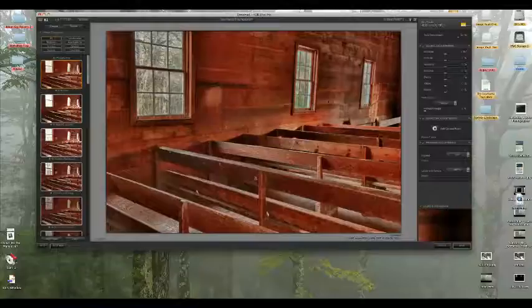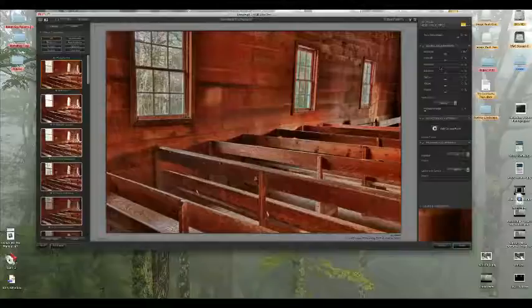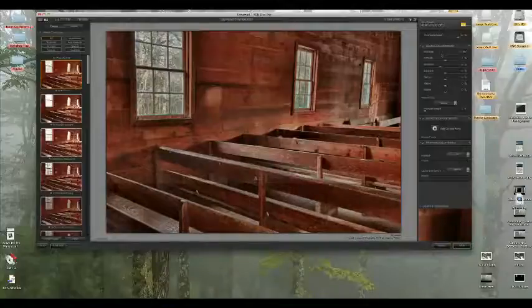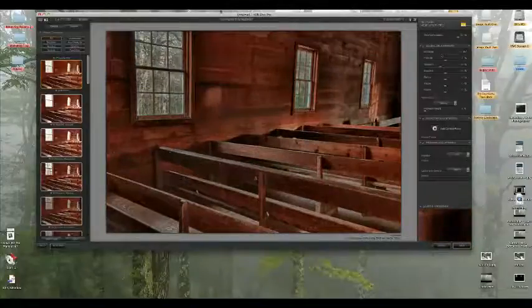Okay, that looks good, and it reset everything, so we're going to pull our saturation down again, just a little. And we're going to pull our exposure down again just a little so that the inside exposure is a little darker. Now, at this point, you can simply save image as,